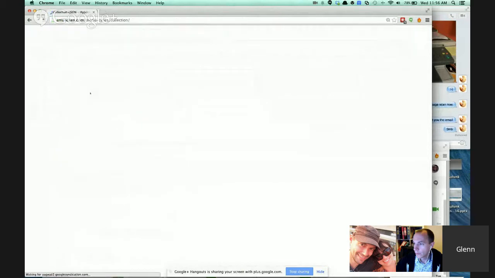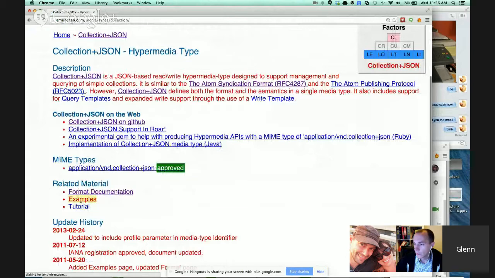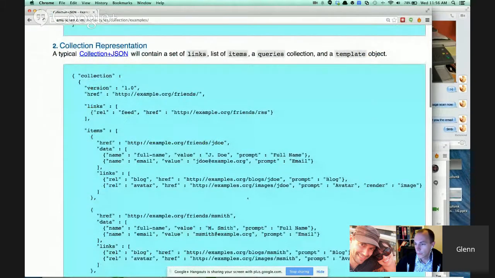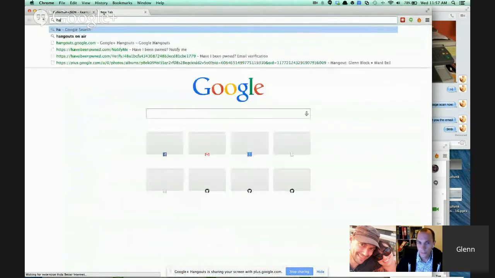So I'm passionate about hypermedia in general, but the reason why collection plus JSON caught my eye is how, when we think about hypermedia media types, there are media types that basically just add a notion of hypermedia and links, and there are media types that have more of a protocol attached to them, protocol semantics. And what I mean by that is HAL will give you an easy way to just embed links. So if we look at a HAL payload,